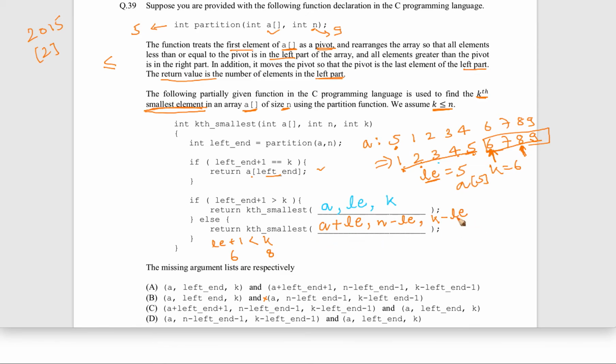But what about this statement? See, when le plus 1 is equal to k, so if le is 5, left end is 5, then 5 plus 1 is 6. So when k is 6, we have already reported this element. So when we are talking about the sixth element, it is already reported. So when the seventh element comes, you know that this else will be executed only for the seventh smallest, eighth smallest, ninth smallest. It cannot be executed for the sixth smallest, because that is already done here. So these will be operated only on 7th, 8th, something like that.